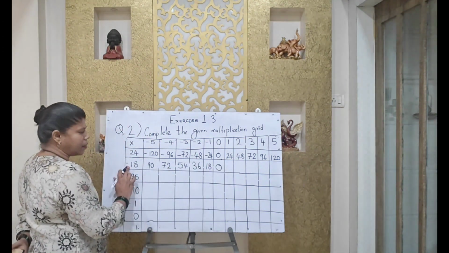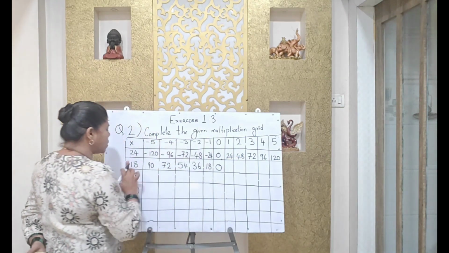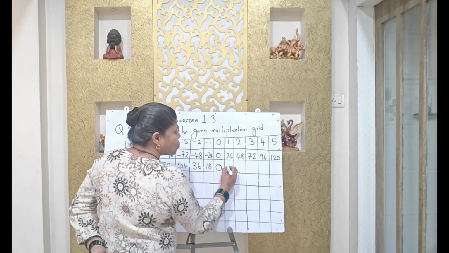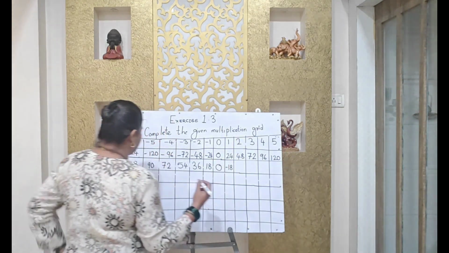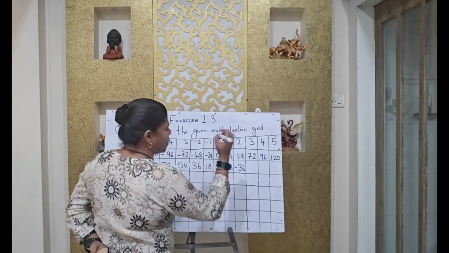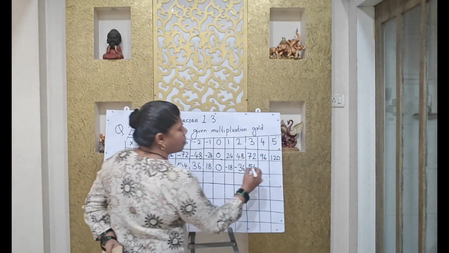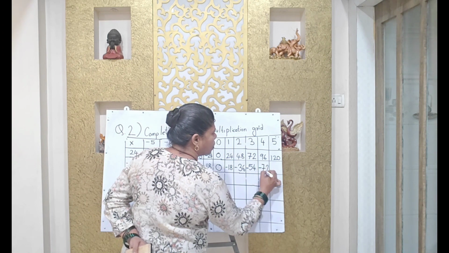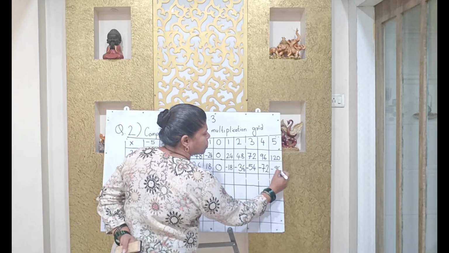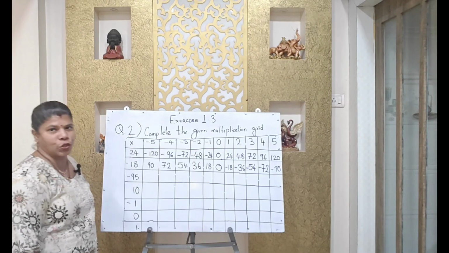Now, see this minus, now the multiplier is a minus and the multiplicand is a positive. So, positive and negative, now the sign will change. Here was a positive, now here will be the negative. So, 18 ones are 18, minus 18 twos are minus 36, minus 18 threes are minus 54, minus 18 fours are minus 72, and minus 18 fives are minus 90. So you can notice one thing, that only the sign has been changed here.